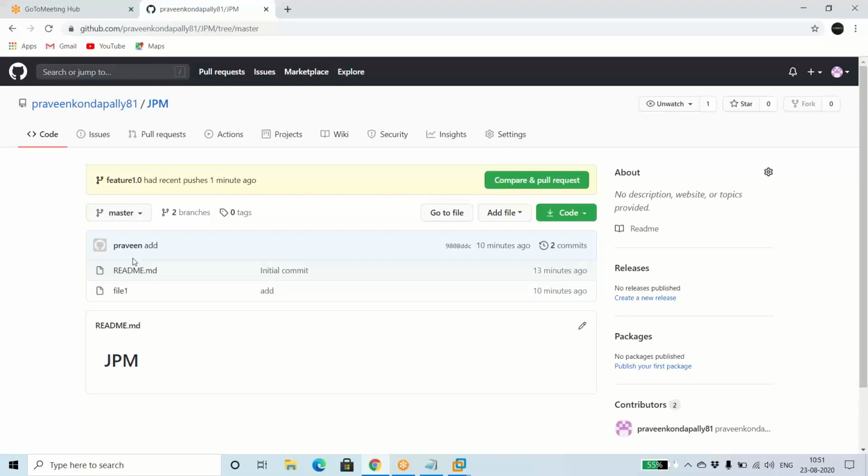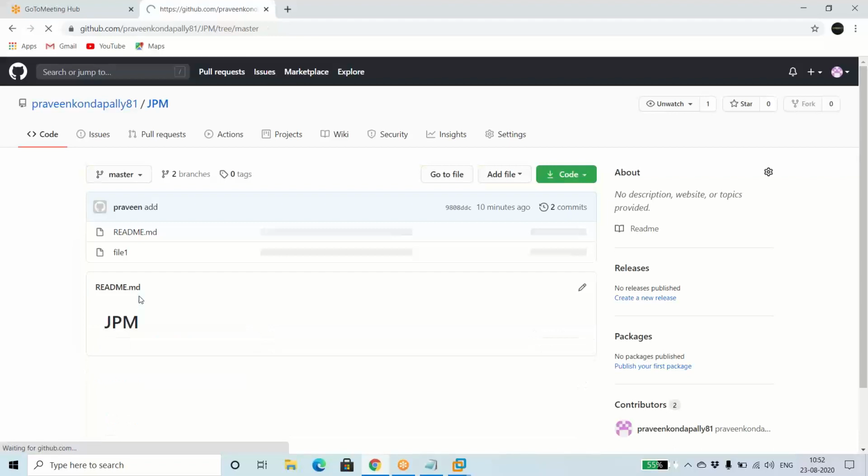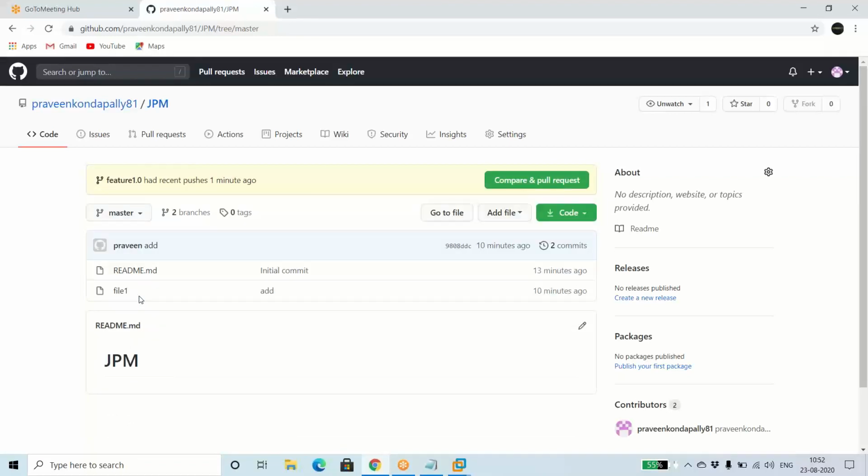By branch files I mean feature one. If you see over here, I have only file one. If I go to feature one, I have file two. That is not showing in my master. To show that, we can do a merge.